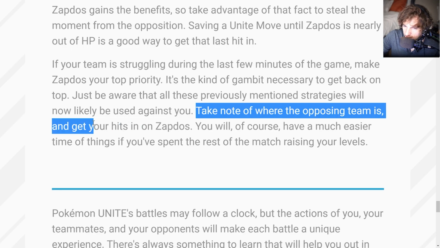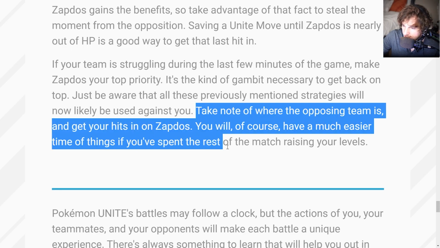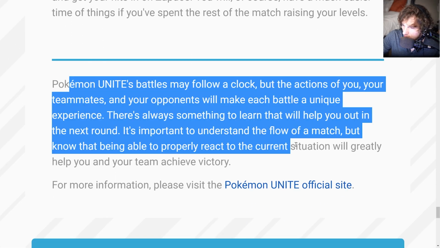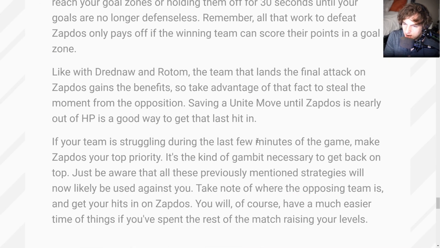Take note of where the opposing enemy team is, get your hits in on Zapdos. You will, of course, have a much easier time of things if you spent the rest of the match raising your levels. And then this is the final paragraph here saying, follows the clock, yada yada yada, make sure you do everything we said. So now let me talk about Zapdos and how to handle him if you have a lead,